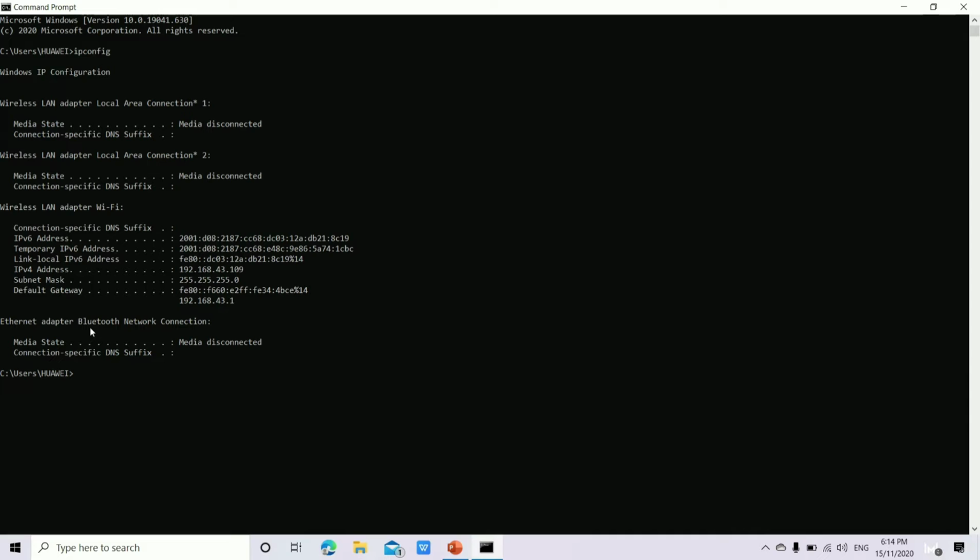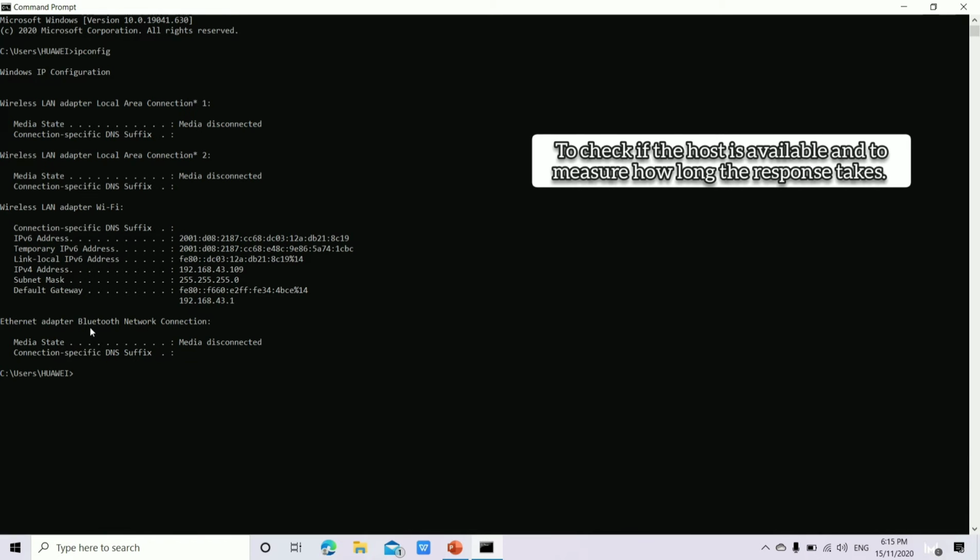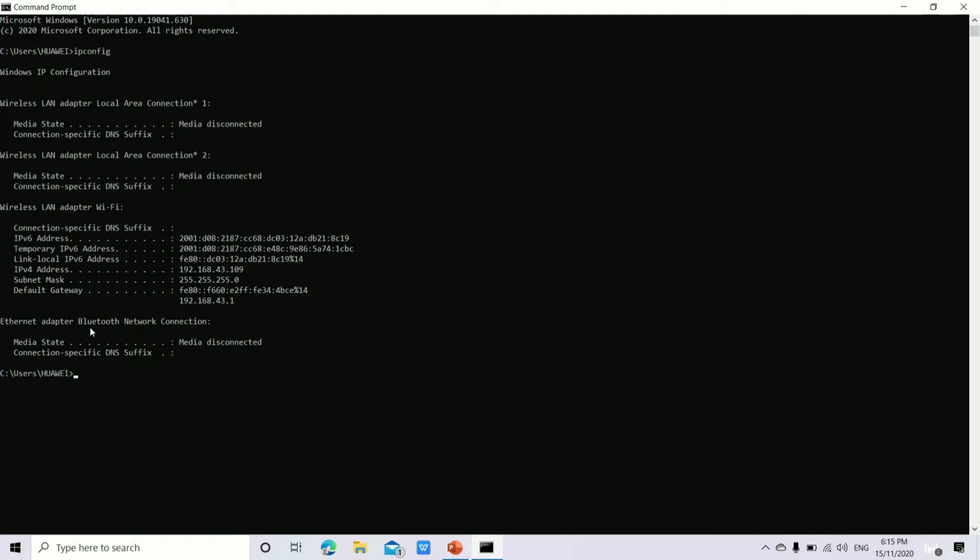The next thing is the ping command, which we'll be using a lot for network troubleshooting. A ping is a signal sent to a host that requests a response. The purpose of the ping command is to check if the host is available and to measure how long the response takes. Right now I'm going to ping the IP address of the router,